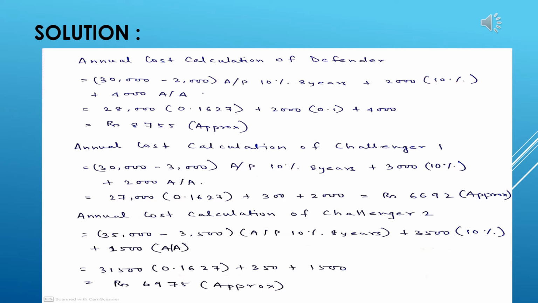6,975 respectively. So as far as the calculation goes, or the decision making for the organization, since it is a cost decision that the organization wants to take, the least amount of cost is preferred, and the least amount of cost can be achieved through Challenger 1. So the organization needs to consider the change of machine from the Defender to Challenger 1, which gives the organization the optimization of cost.